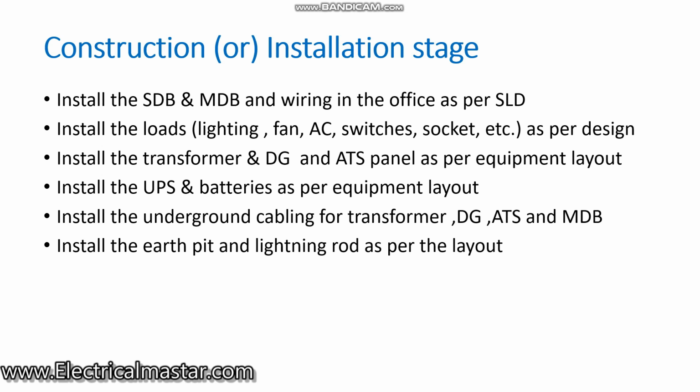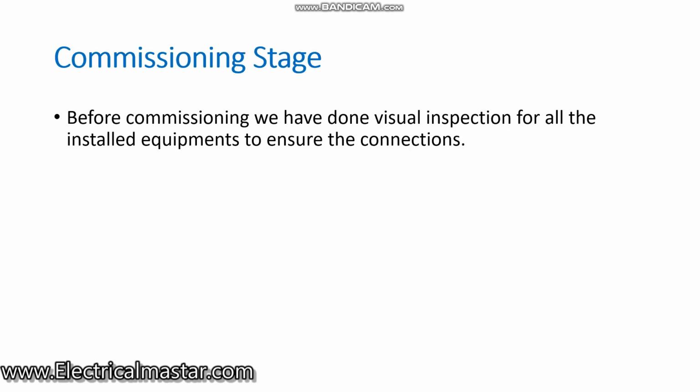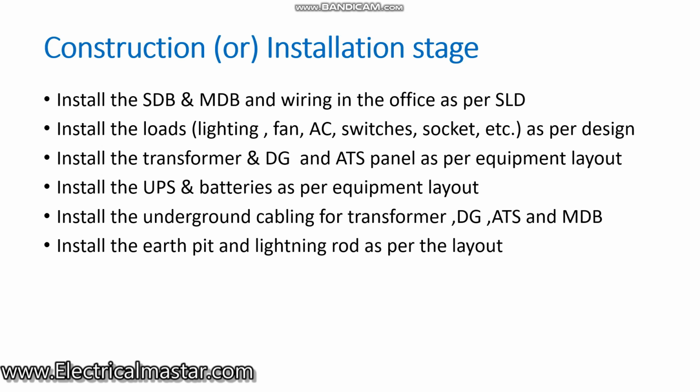Normally for earthing, we use a bare conductor underground. A 70 square mm cable is connected to all the earth pits in parallel. It is called a grid earthing. And the lightning earthing, separately, we take the lightning conductors down to the ground and connect them with a separate earth pit. So these are the construction steps you have to follow.